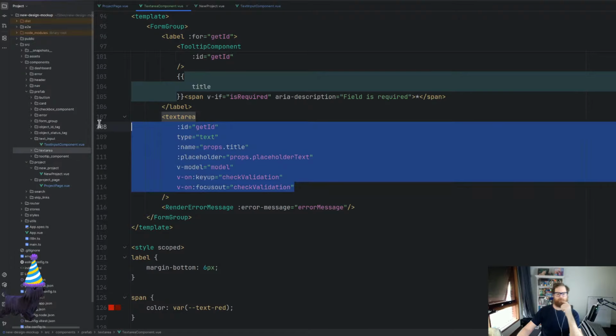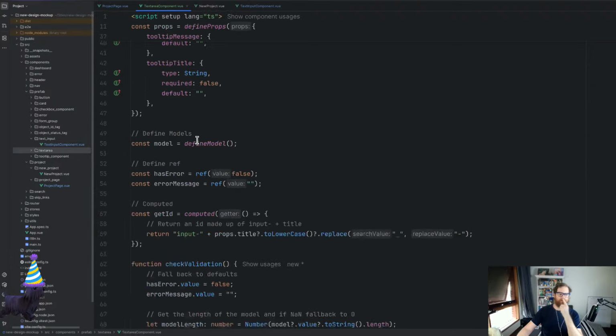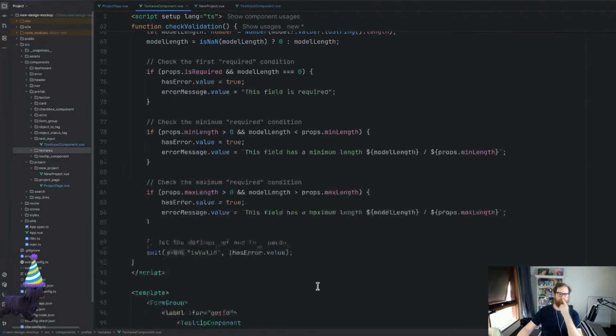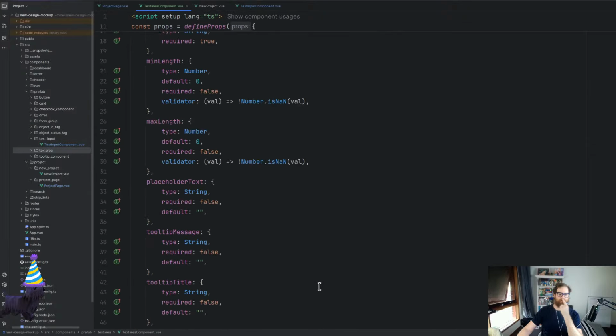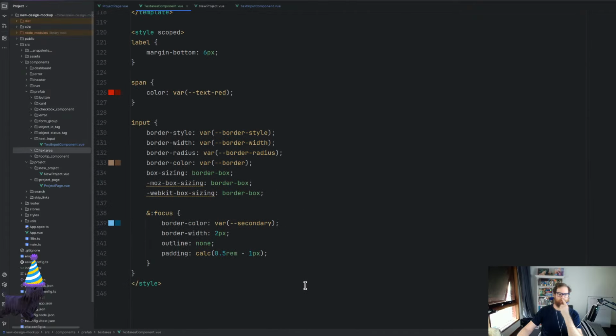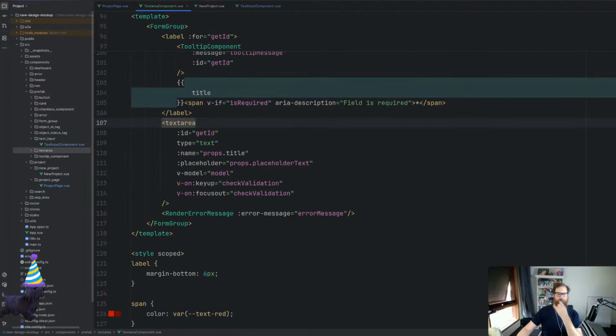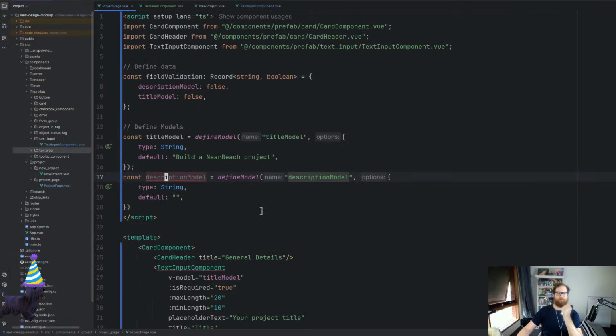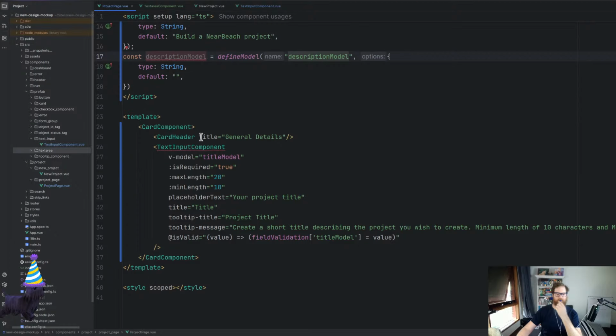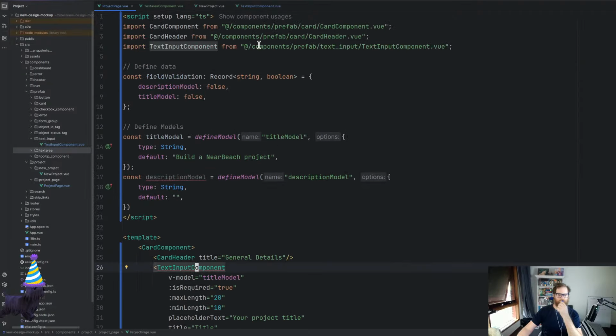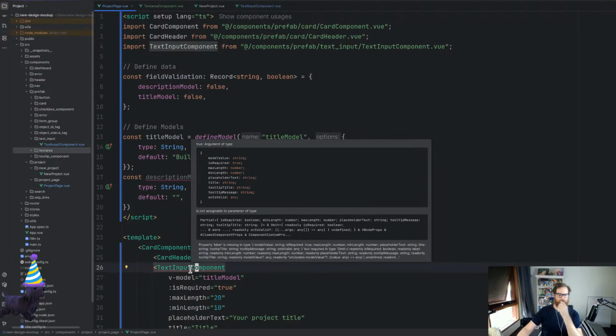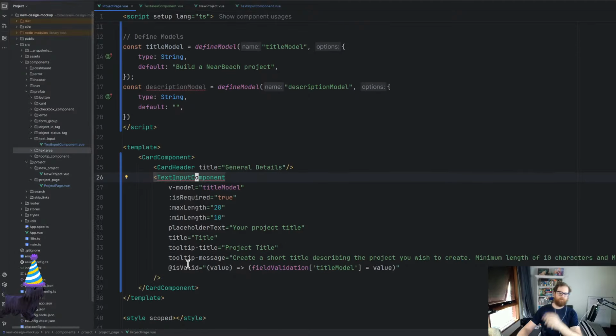And then pretty much it works the exact same as the other one, which is good. So if we go into a project page and we go down, why is that throwing up an issue? Now